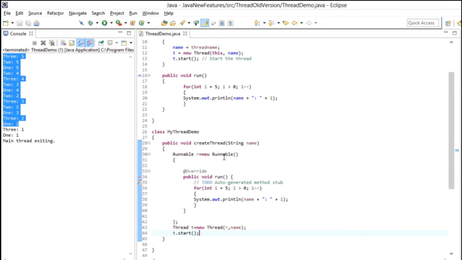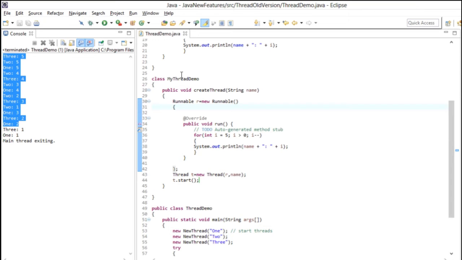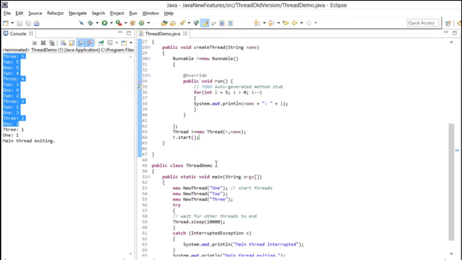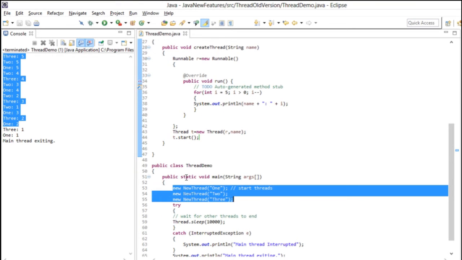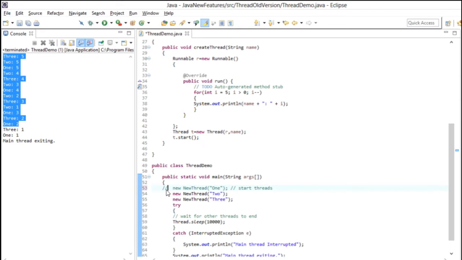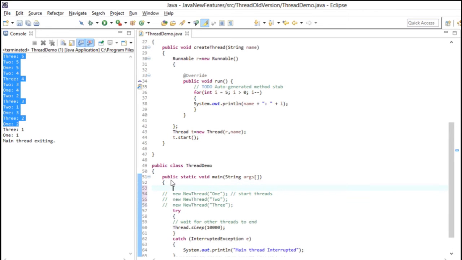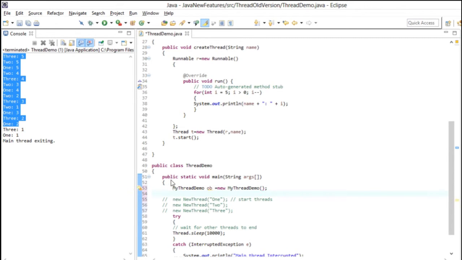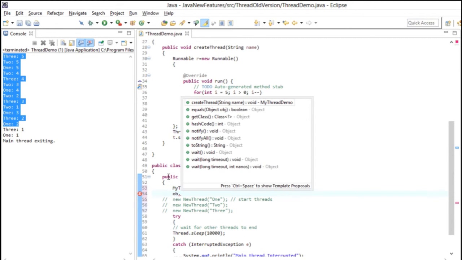So now you can see my logic is complete over here. Now instead of creating 3 different objects, as I have created a method, I am going to create an object of this class, and then I am going to call the method 3 times.